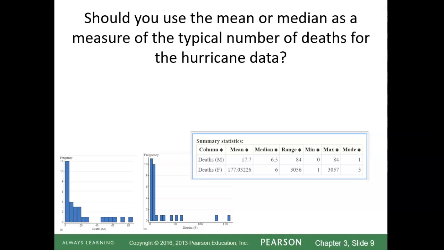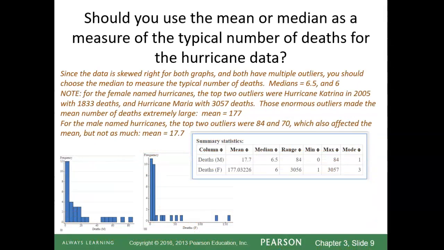But the point here is you could see for this large set of data, and this describes the data a little bit more thoroughly, that we had two large hurricanes, Katrina with 1,833 deaths, and Maria with 3,057 deaths. And when those outliers were put in with the rest of the data, you had a mean number of